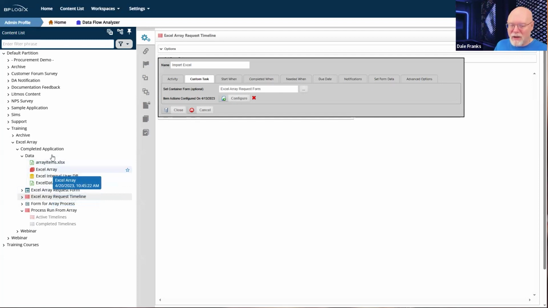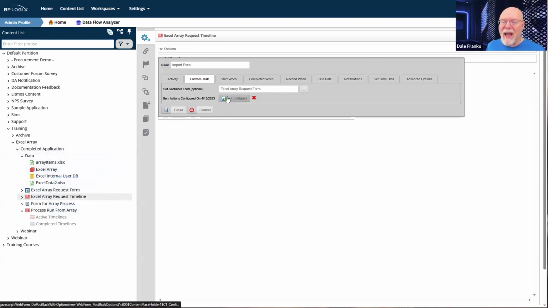They're actually looking at different data sources. They're doing different things. And the array items spreadsheet creates its own table. There is an Excel array business value that actually pulls all the values and sticks them onto the array in the form after it imports. So that import item actions is important. I've got a template folder in there. I upload a new copy of it to this form. It sticks it in the data folder.